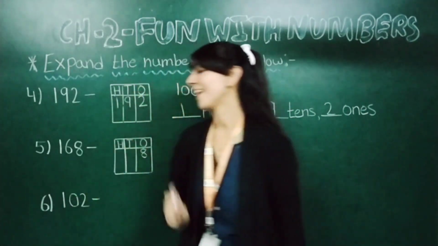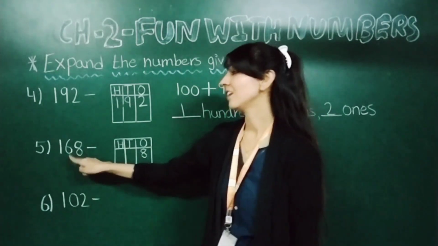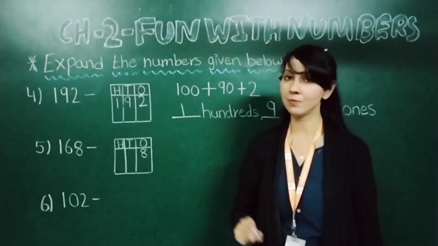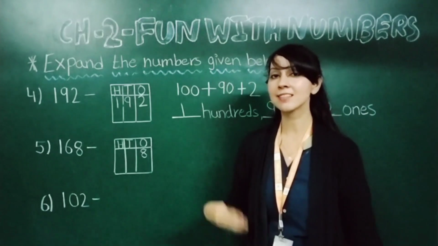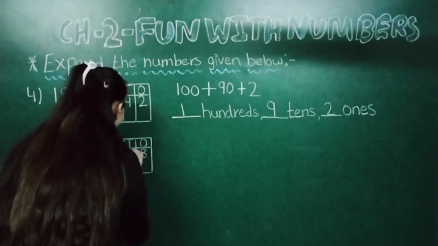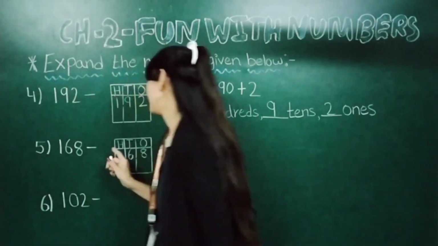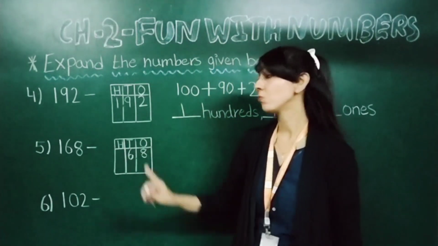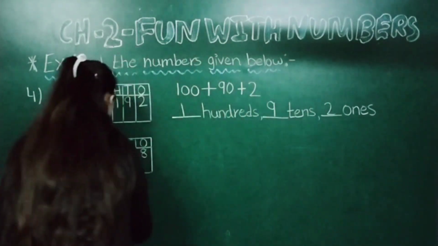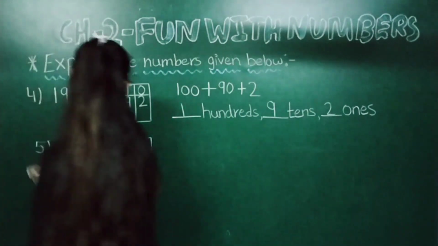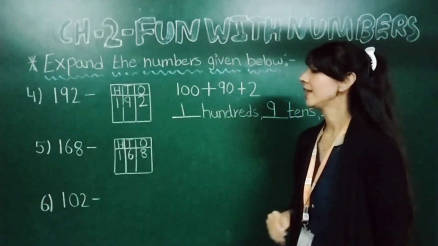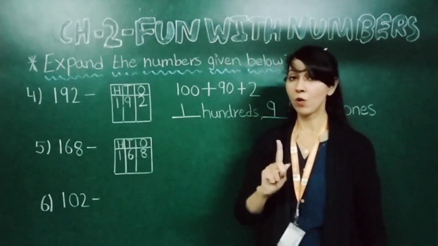Okay. Now next you can see 6. Yes, this will come in the tens column. 6 tens. Yes. And here in the hundreds place, 1 will come. So here we will write 1. Okay. Now we will expand it in numbers.